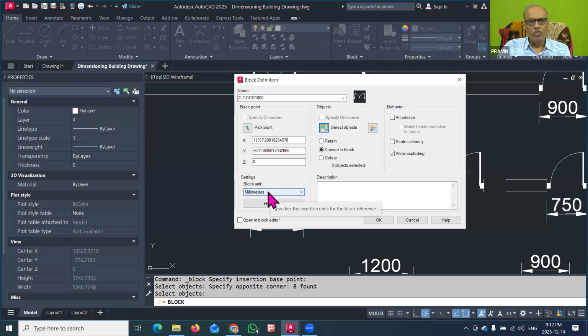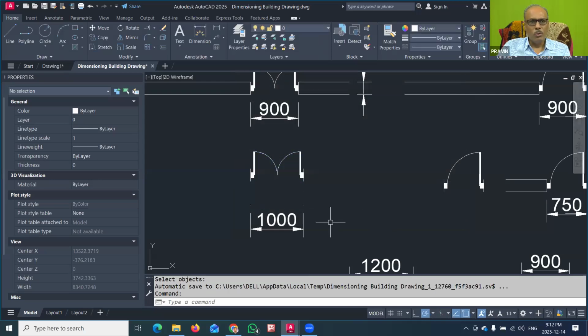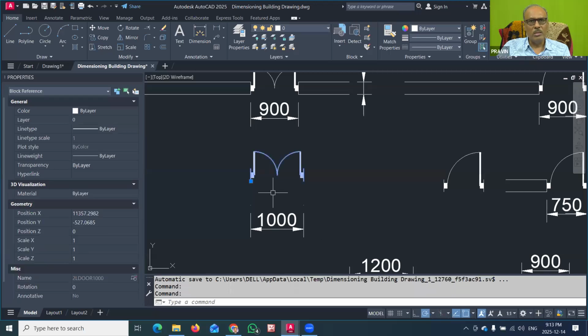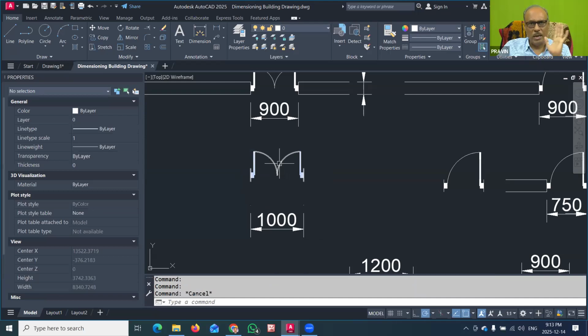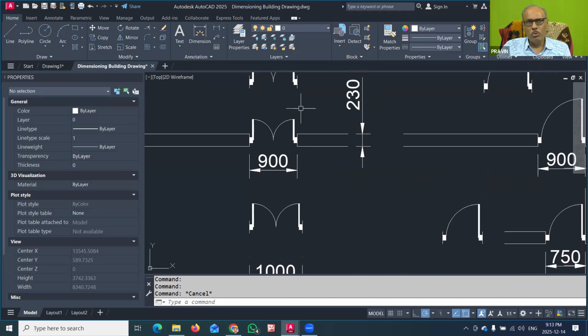So you have to only remember unit should be millimeter, and now only you have to click on OK. So what will happen? I will click here OK. So here now that object, you can just try to select this door panel. So it is only having one grip, and it was grouped actually, but it is not actually grouped, it is a block. So this drawing was converted to block. So this symbol, now one symbol we have created. So this way we have to do for all the symbols that you want to create. So that way now we will proceed for this.